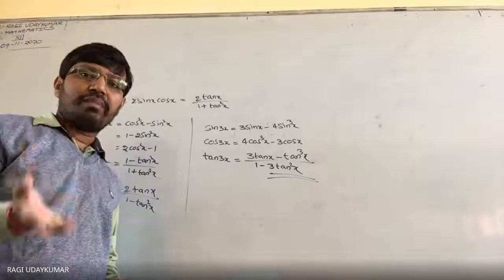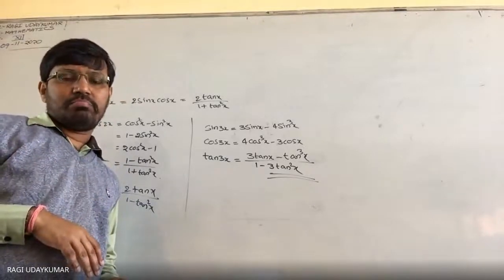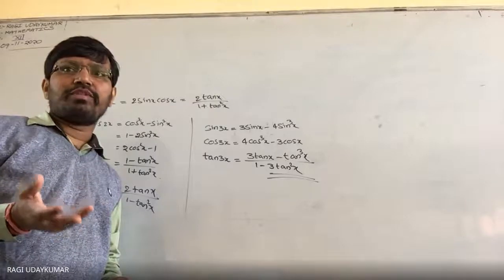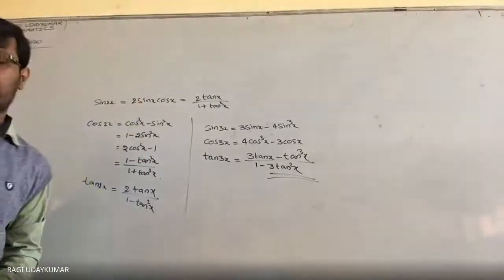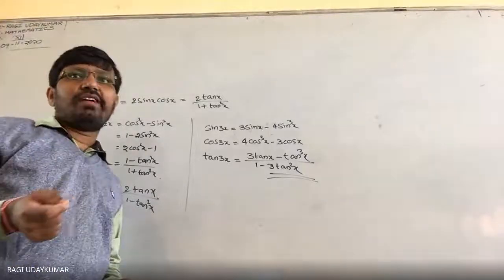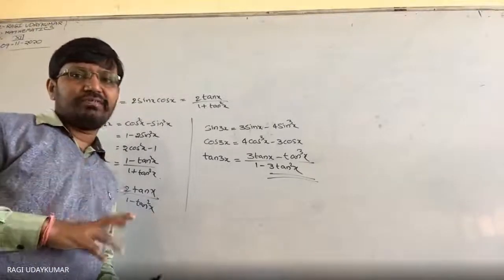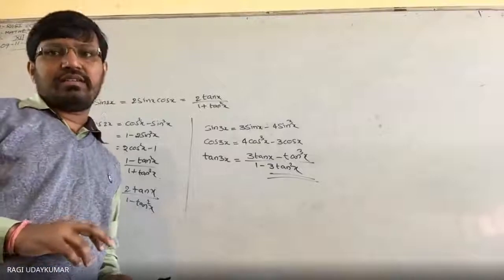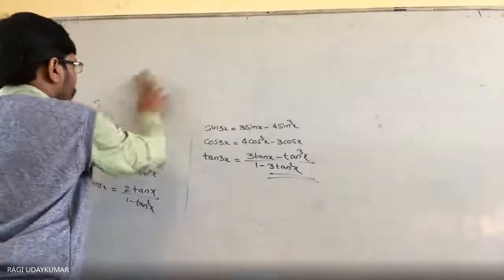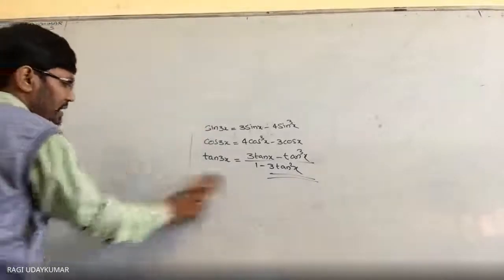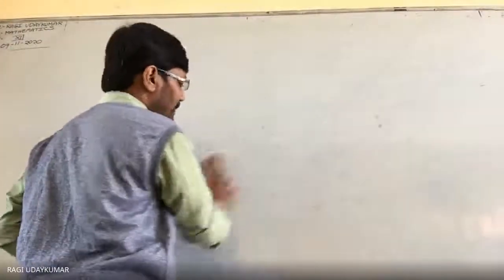Along with this, you are going to have the multiple angles, and if a sum is given, writing it in the form of a product; if a product is given, writing it in the form of a sum. This is very important. If the product form is given to you, sin A cos B, sin A sin B, or sin C plus sin D, I will explain to you. So these trigonometric identities will be helpful to you in exercise 7.3. All of you have to learn.